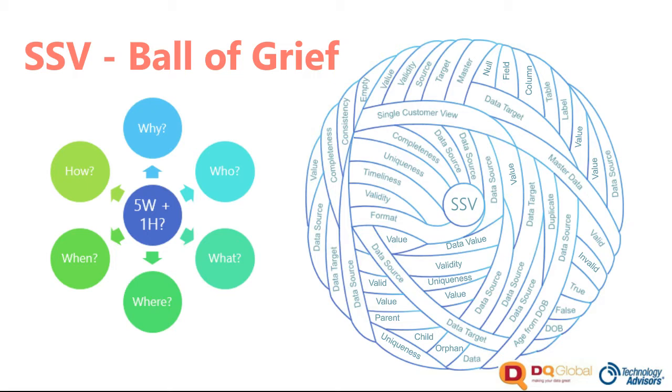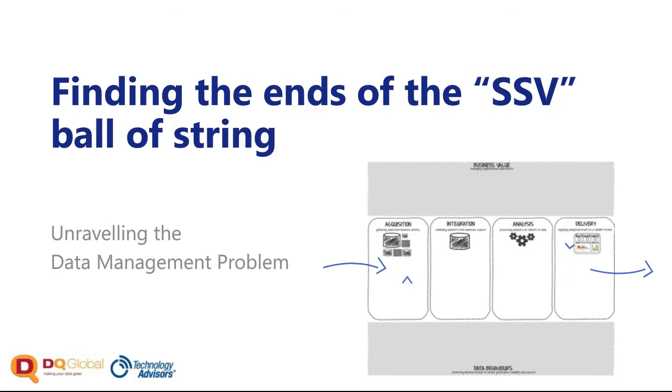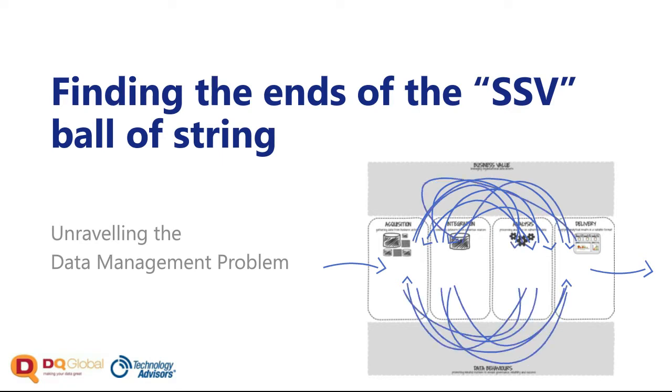So why do we collect the data? Who needs the data? What will we do with it? Where does it flow? When is it to be deleted? These are just some of the questions we should ask and identify the way in which our information supply chain happens. So we utilize a model, you can see on the screen here, that we try to identify, as Deneen indicated at the start of the process, where are your inputs, where are your outputs, what's happening to them along the way. So it's really finding the ends of our ball of string